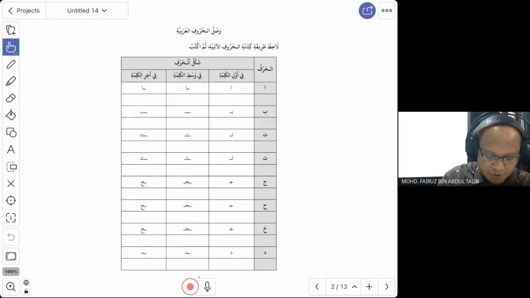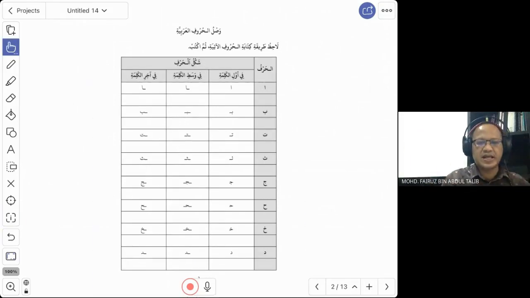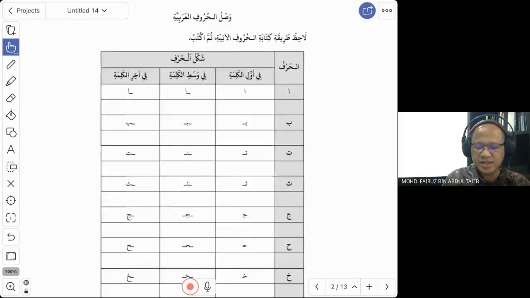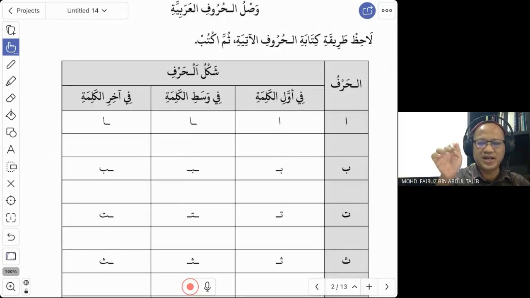Okay, now we move on to the second part. This is something that we also learned in the previous class, right? Do you remember this? This is where you join the letters. Yes. We have said that Arabic letters have to link together in order